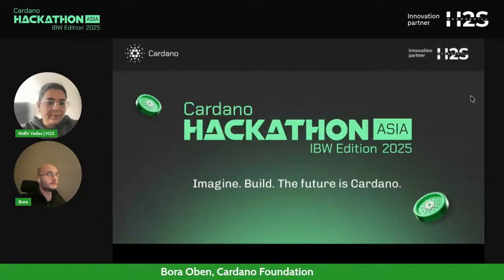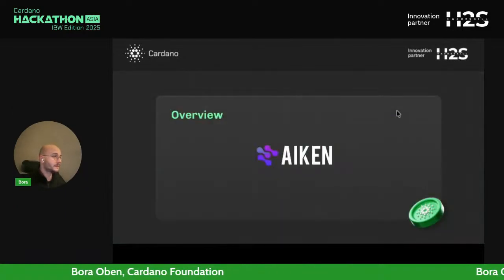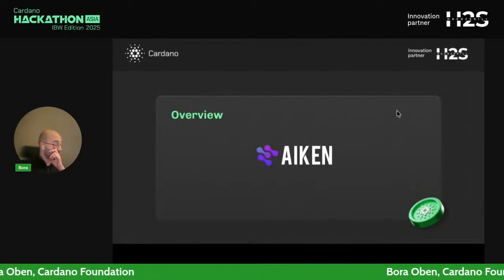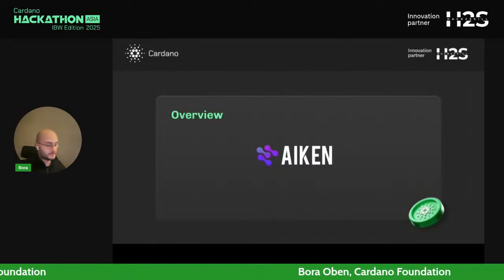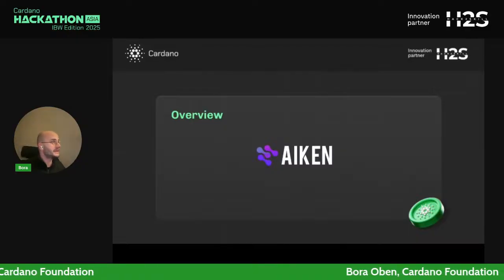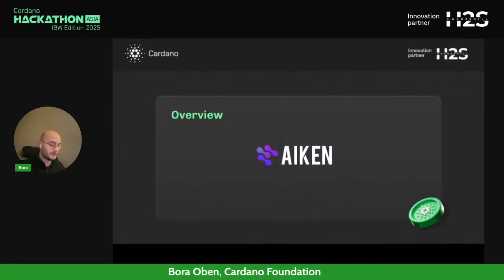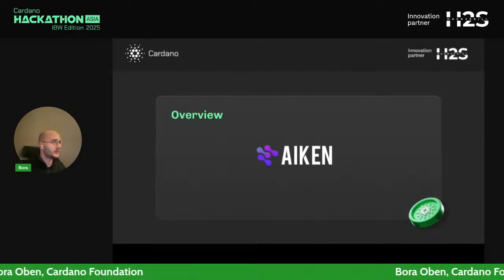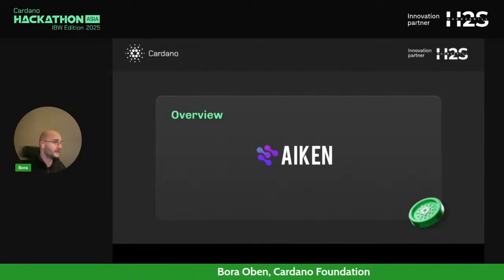Yes. Right, perfect. So today's session is all about Aiken, the developer-friendly modern smart contract platform for Cardano. It's a bespoke language and tailors to the need of Cardano smart contract developers really well, and has gotten quite popular in recent times. I think at this point, most of the on-chain logic that was written on Cardano has been written with Aiken.